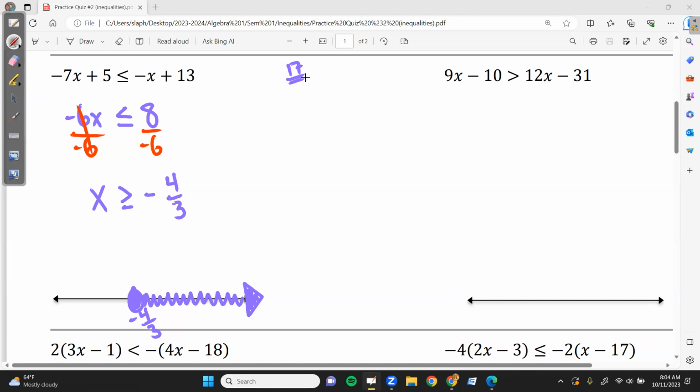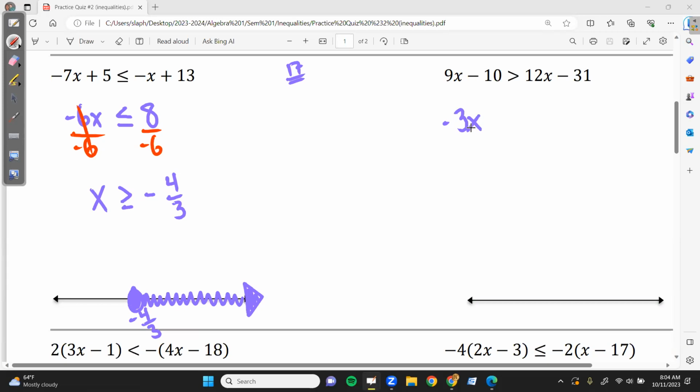So my prime first semester objective is, can I get these kids to understand how to throw the x's on one side and the numbers on the other? We get that, man, we're winning. So I'm going to take the 12x and I'm going to subtract it. So I'm going to take the 9x over here and I'm going to subtract the 12x from him, giving myself